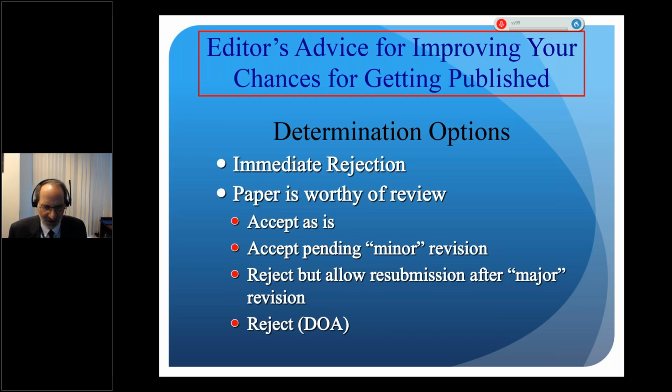And then lastly, as well as the immediate rejection, there's also another area of rejection, where the paper has gone for a couple of reviews, but the reviewers and the editors feel that the paper has not been improved. The authors have either not put the effort in to improve it, or it just won't improve, and those papers will not necessarily get another shot, and they may get rejected.